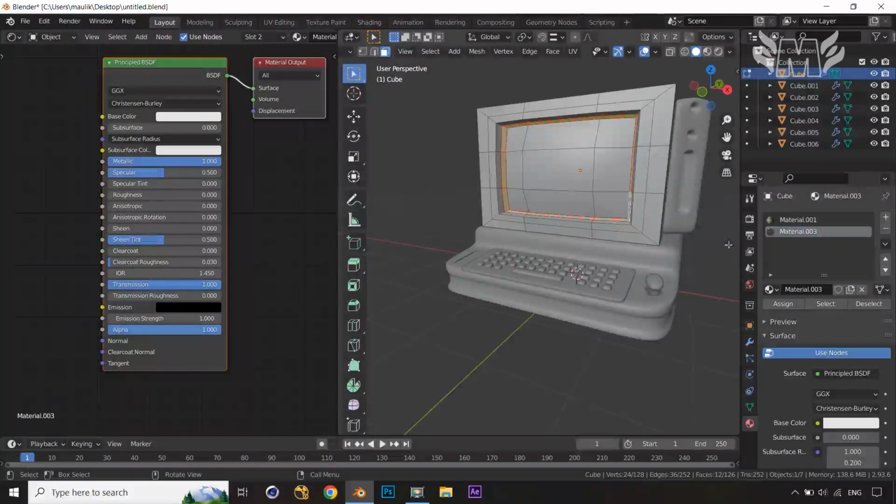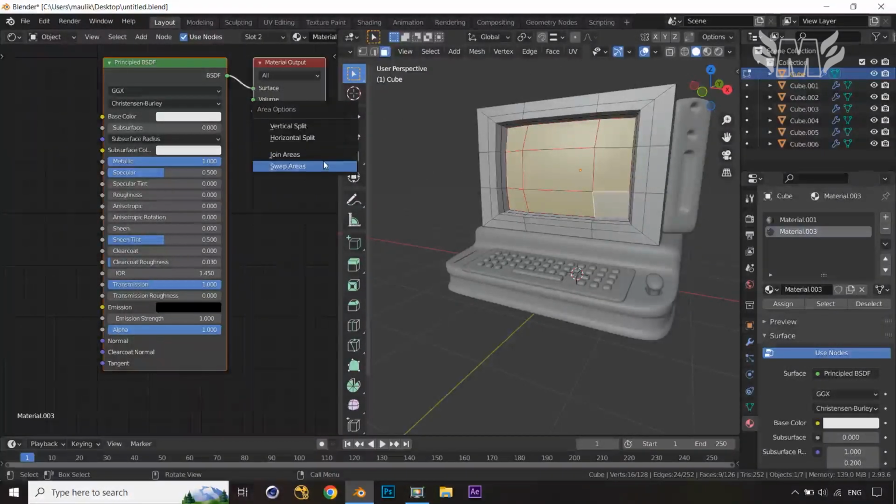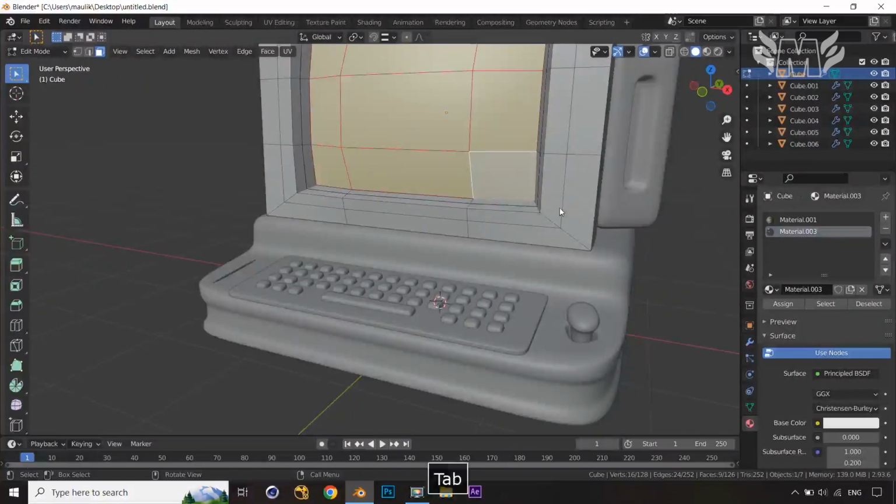So on that, you have to assign this one, like you have to select this and press Ctrl and Shift, and then you have to assign this material. So it will work something like this. Okay, so this is exactly the material I have applied. So now let's create a join areas, and I'm just going to close it, and let's jump